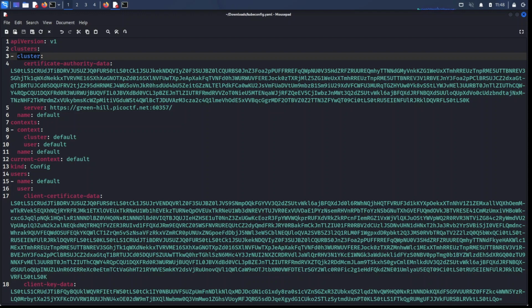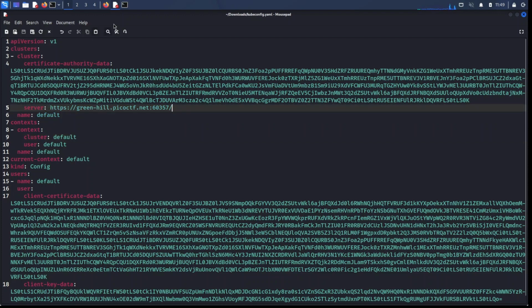Another thing you need to know is the secret. A secret is a special Kubernetes object designed to hold sensitive data such as passwords, configuration files, tokens, and flags. In this case, we need to access the secret in order to get our flag. Let's start by analyzing the configuration file. After successfully